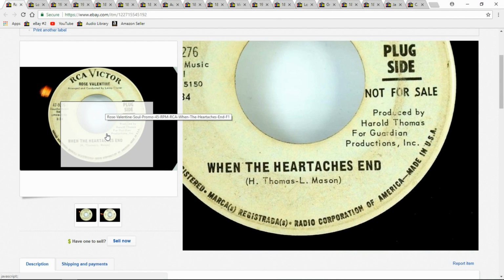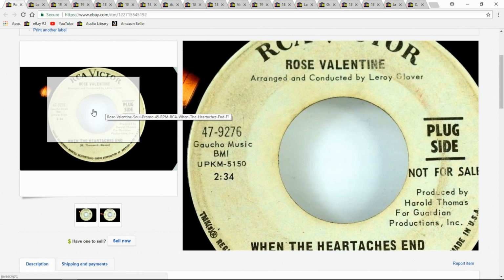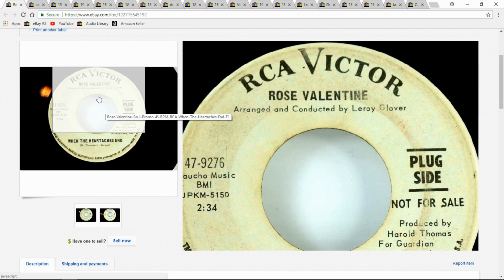And it's a promo, so this is what you want to look for, white labels. It'll say plug slide, not for sale. It literally could say promo, it could say DJ. Anything along that line are usually good. And in soul records, what you want to look for is the word "the" in the title. Like the Drifters is a common one, but the Valentines, for instance, that's another group. If it has the word "the" in it, that is usually a good sign on a soul record, at least